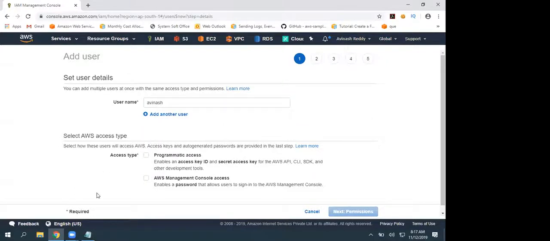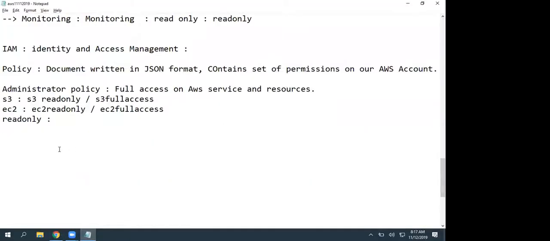Now, basically we have 2 access types on our AWS account. You can access your AWS account in 2 ways: by using the UI or by using the CLI. If you are using a browser to manage your AWS account, that is AWS Management Console access.